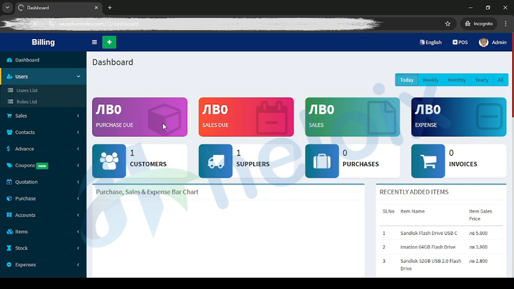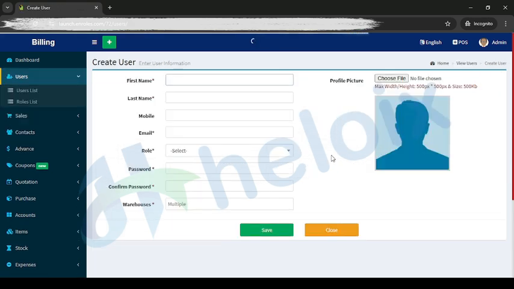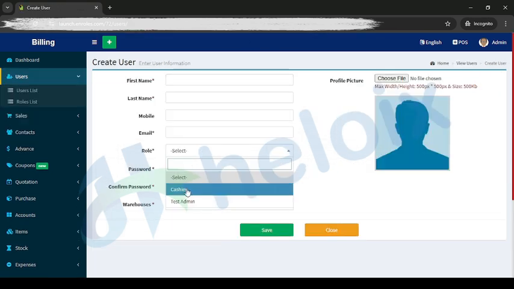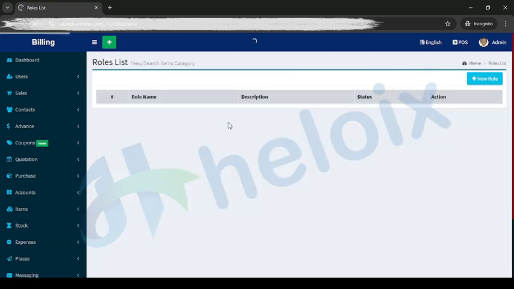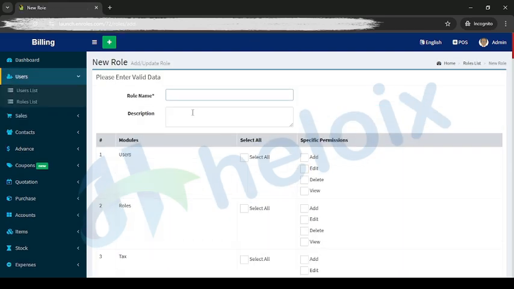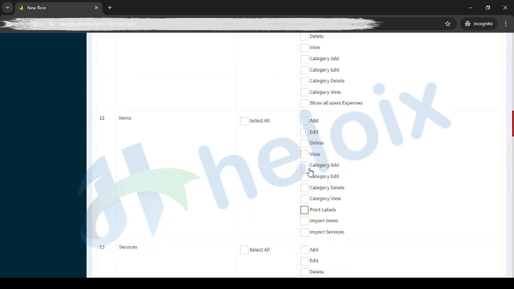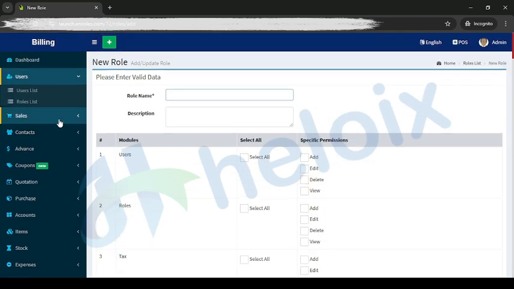After that we have users. So here you can check the user list, like name, username and all. Here you can edit or delete. If you want to create any user, then you can create any user and assign any role to them. With that role they can manage your solution easily. Here you can set up multiple roles, or you can give permissions to that particular role. What permissions you allow them, they can manage those permissions in the solution.